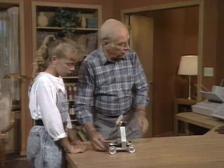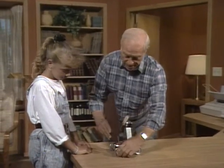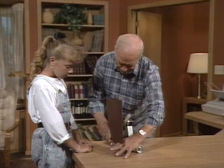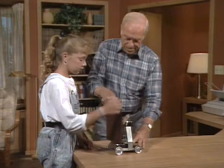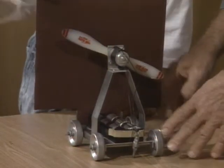Now I have a little puzzle for you. Here's a piece of cardboard that fits right on the back here like that. When I turn it on, what do you think will happen? Well, I think it won't move because when this air is making it go forward,